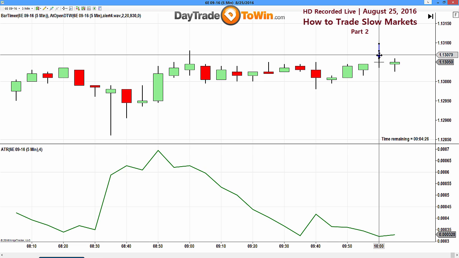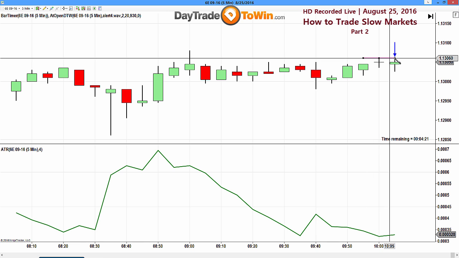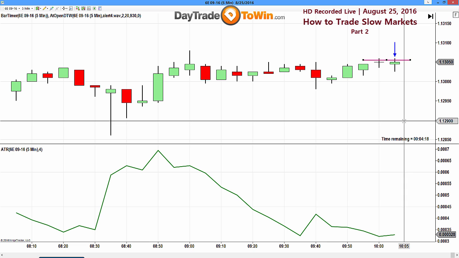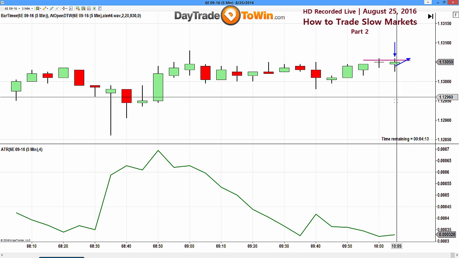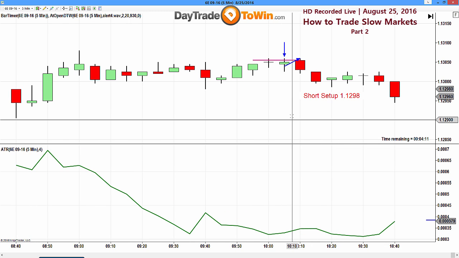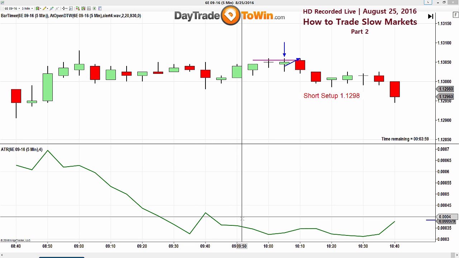I'm long, it touched it, I didn't get filled. The next time it does it, instead of having your target here, drop it down by a tick. That way, when it surpasses it, you're filled and you don't have to worry about that. Does that make sense to everyone? Anyone have any questions? It's called front running, or market if touched (MIT) orders are another way that you can handle it.